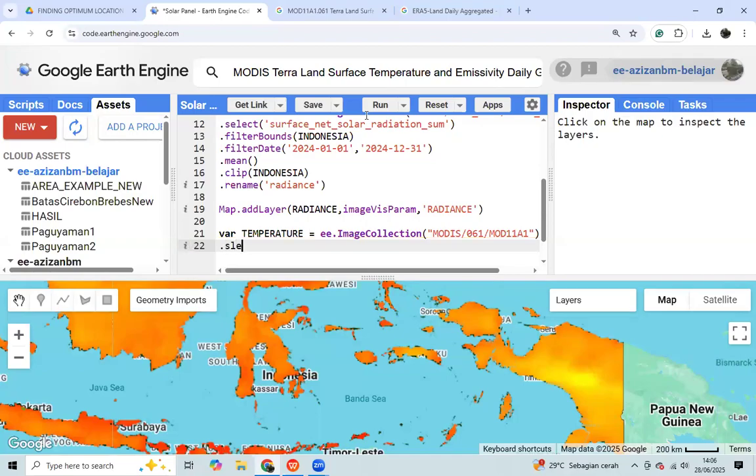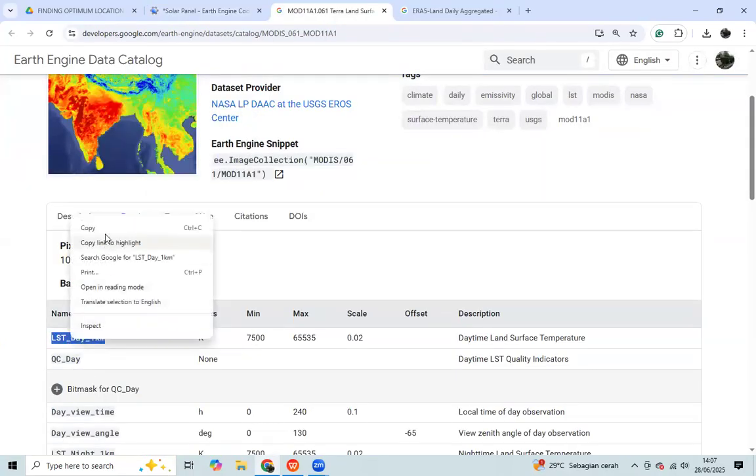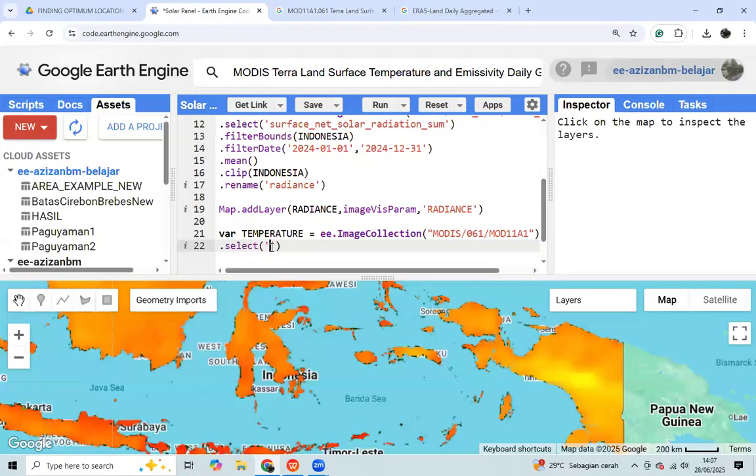Then we select the bands. And then we filter the bounds and the date.